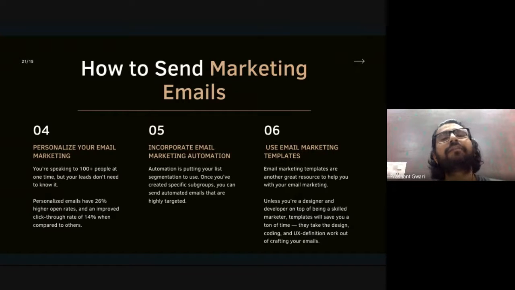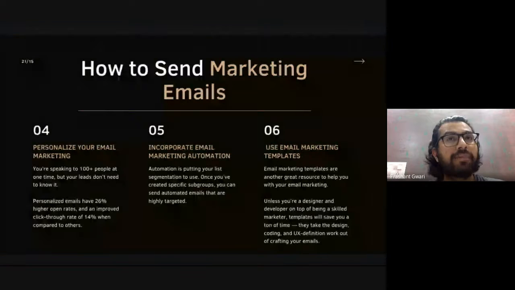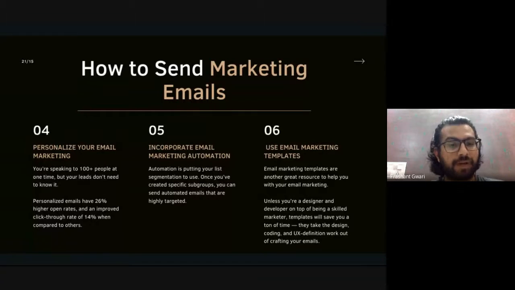But we can still personalize them with their first name, last name, email ID, address, location, or phone number. You are speaking to hundreds of millions of people at one time, but it doesn't mean you can't personalize their emails.